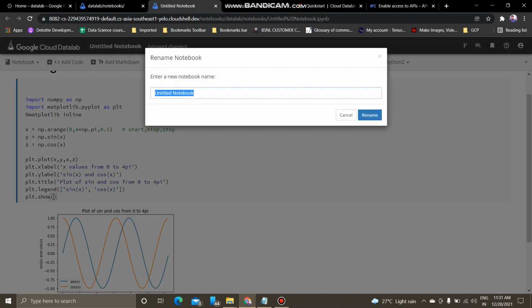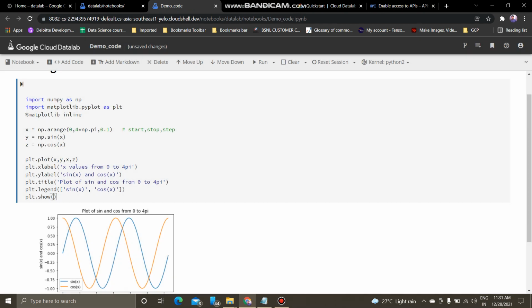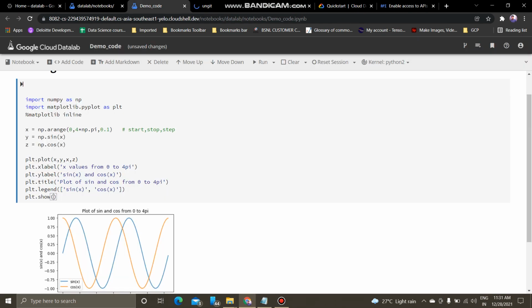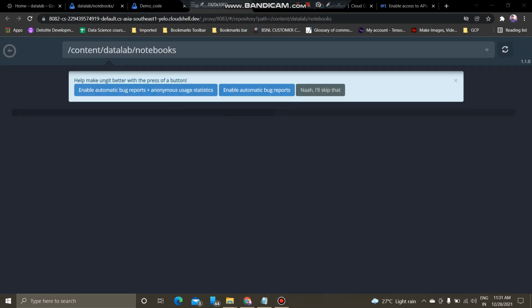We can rename our Jupyter Notebook to demo code. I have renamed it, and as I said earlier, here you can open the notebook repository in Git. If you click on it, it will go into ungit, where you can move this code to Git.